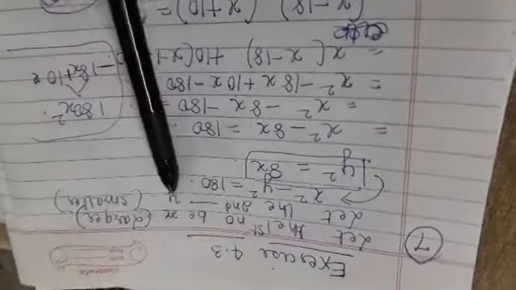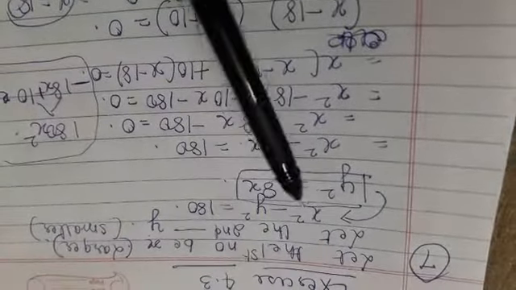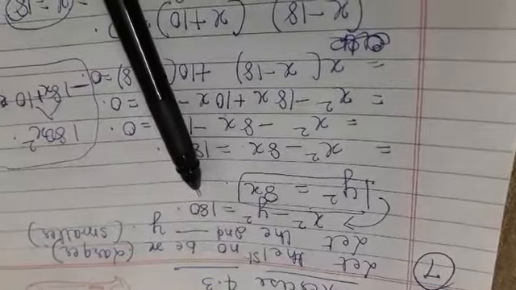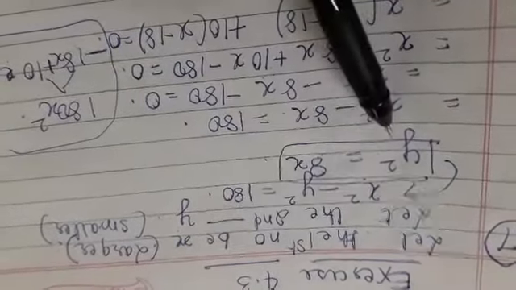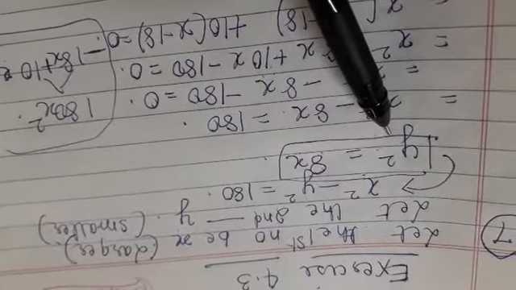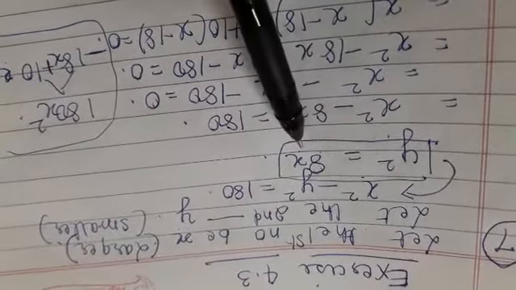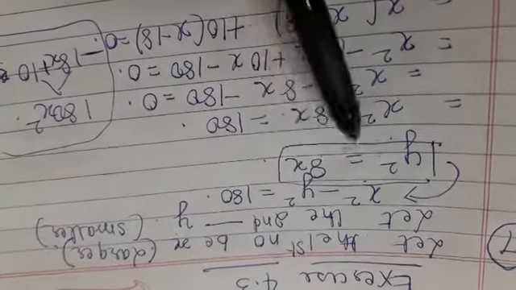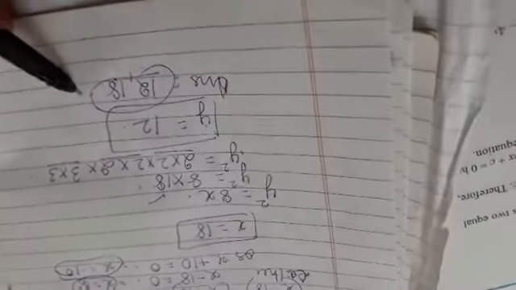We first take x and y for our convenience and we find the equation x square minus y square is equal to 180. As it is saying that the difference of the squares is 180, then why do we take y square is equal to 8x? According to the given condition, it is saying that the square of the smaller number is equal to 8 times the larger number. Hence this value of y square we substitute here and we proceed and we get the answers. Y is 12, x is 18, and these are the two required numbers.